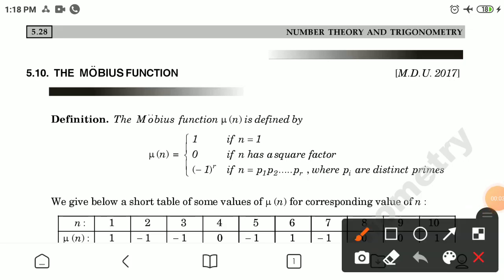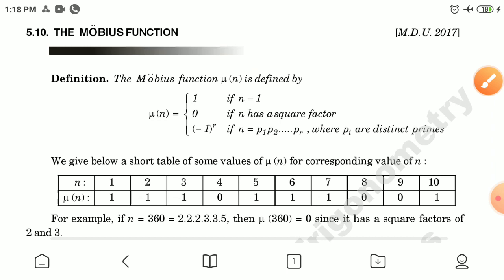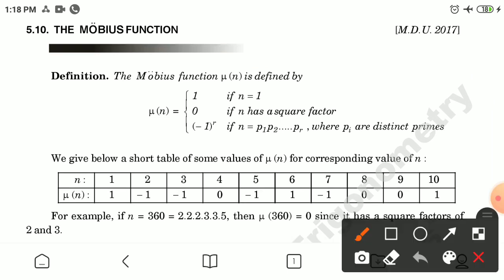Dear students, we are starting number theory and trigonometry, unit 2, chapter 5, exercise 5.3. Topic is Mobius function. Definition is